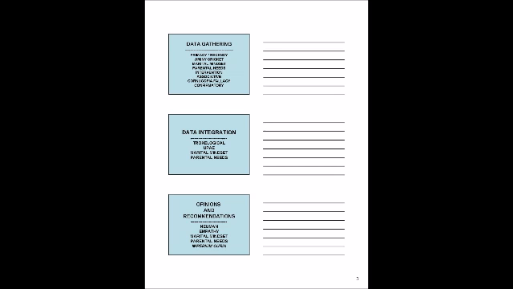Same thing with data integration. There are several ways in which it shows up. For those of you that are keeping track, you will notice that there's some overlap, and that's deliberate. Some of these things show up at each of the three stages. And again, with the opinions and recommendations, there are a whole bunch of them that show up. And we will talk about as many as we can.